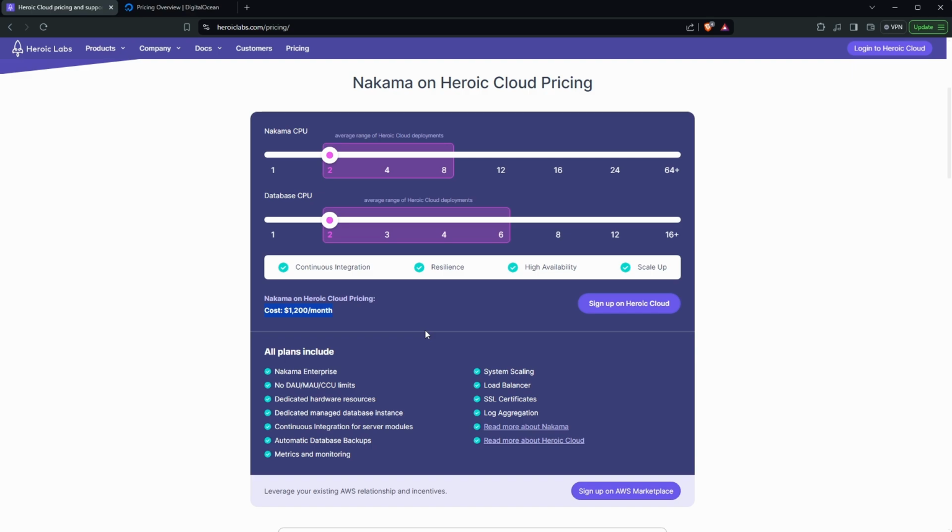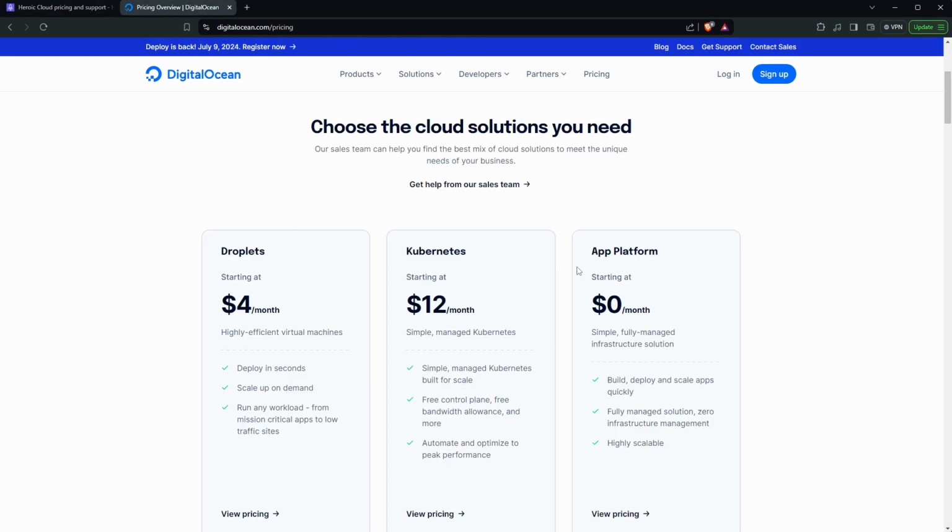Now, again, if you don't use them as a resource, it's totally fine, and it's going to be 100% free as long as you host it on some kind of machine you own, or, of course, whatever the cost of a DigitalOcean machine or an AWS machine or an Azure machine would cost. So that's just something to keep in mind. I wanted to make sure you guys were aware as a full disclosure so you're not confused as to how they actually make money. So with that being said, let's go ahead and jump into